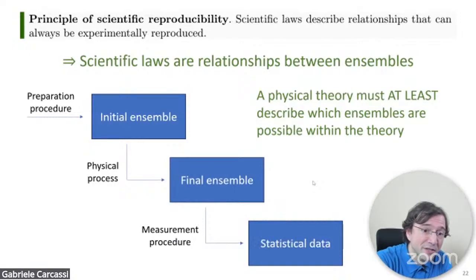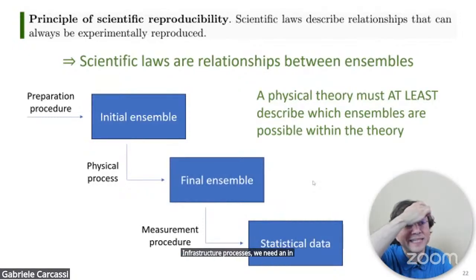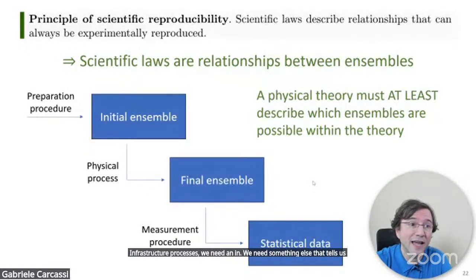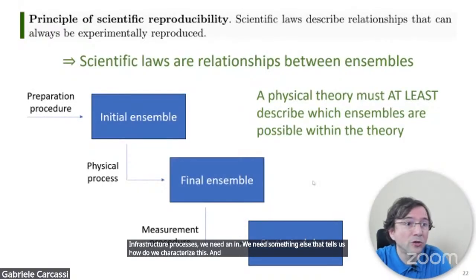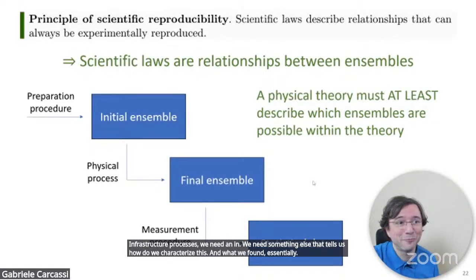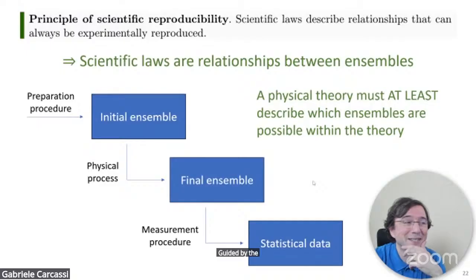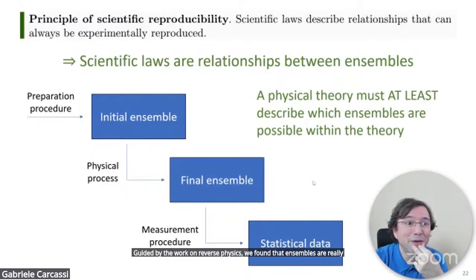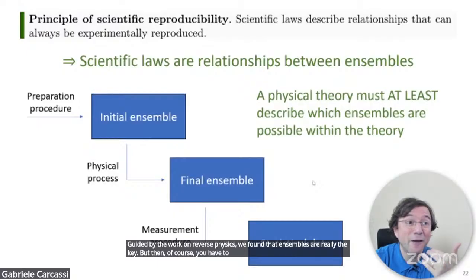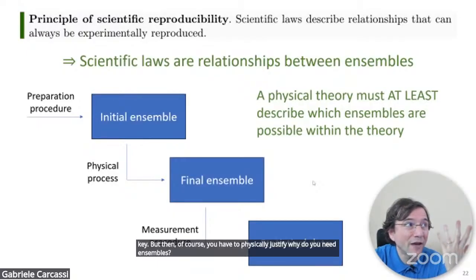And for states and processes, we need something else that tells us how we characterize this. And what we found, essentially guided by the work on reverse physics, is that ensembles are really the key. But then, of course, you have to physically justify why you need ensembles. And so we have this principle of scientific